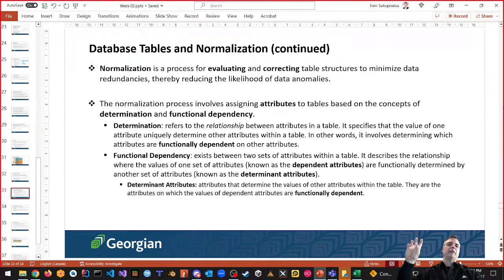Normalization involves assigning attributes to tables based on two concepts, determination and functional dependency, all right? Now, these are words. Let's talk about these words so you get them. Please don't be afraid of the words, right? What is determination? It refers to the relationship between attributes in a table,